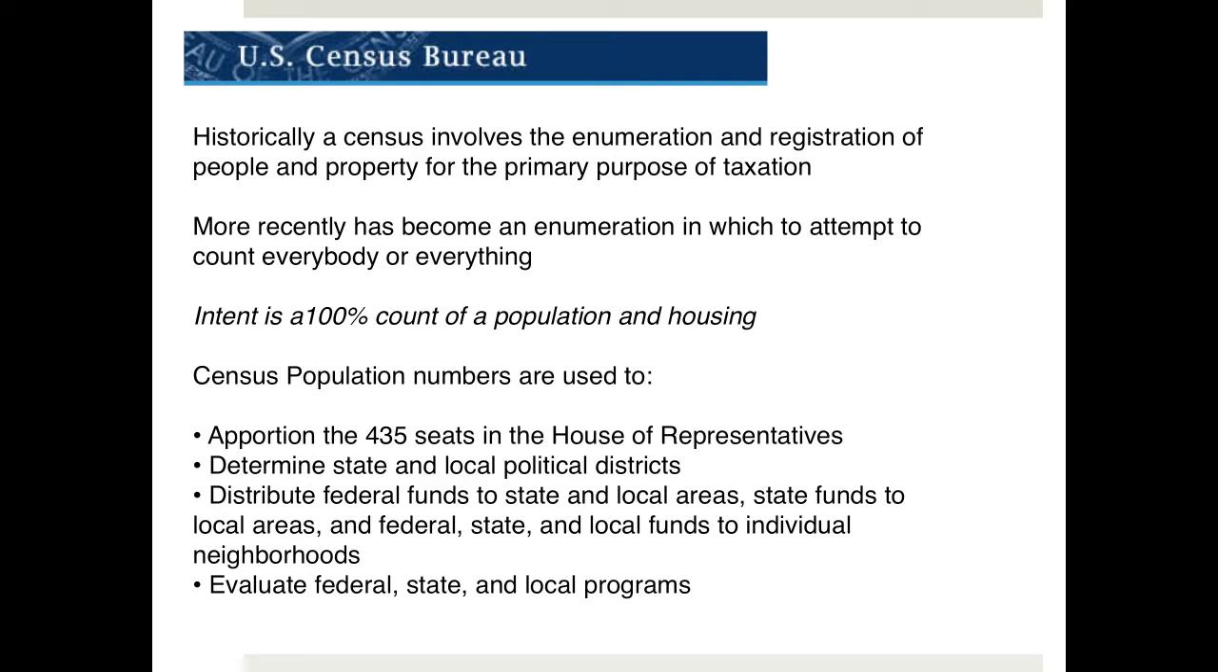Historically, a census involves the enumeration and registration of people and property for the primary purpose of taxation. More recently, it's become an enumeration in which to attempt to account for everybody or everything. Of course, the intent is a 100% count of population and housing. The census population numbers are used to apportion the 435 seats of the House of Representatives, determine state and local political districts, distribute federal funds, state funds and local funds to individual neighborhoods, and then to evaluate state and local